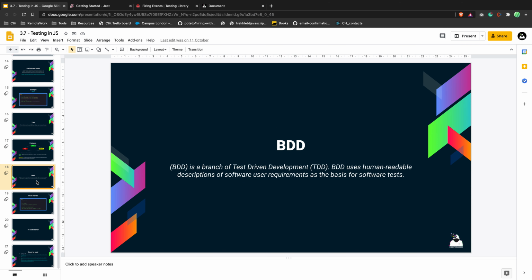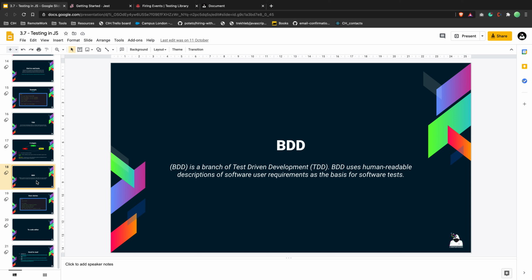BDD, this is another thing. BDD is behavior-driven development, and this is where end-to-end testing comes from. You write tests to satisfy the actual user behavior. That is why the whole testing model is around writing tests to mock the user behavior. That is why it's behavior-driven development.